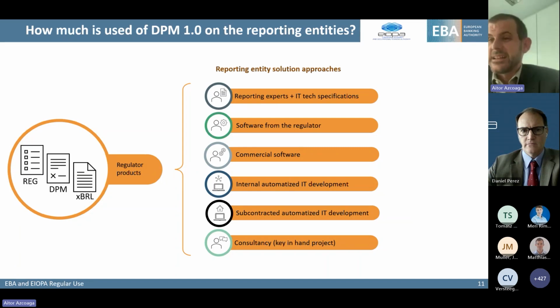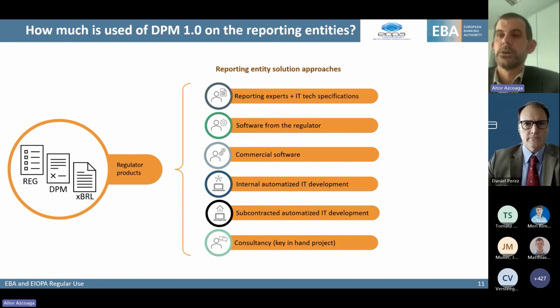The next option is an internalized, automatized IT development. I would say this is the one that can benefit most from this call. You may have a team on your end that is preparing the regulatory reporting and the process. I'm afraid some of you may still be working with Excel files, but some will be more IT driven. You may have an in-house solution that produces the reports automatically, or almost automatically, which is a way to prepare them.